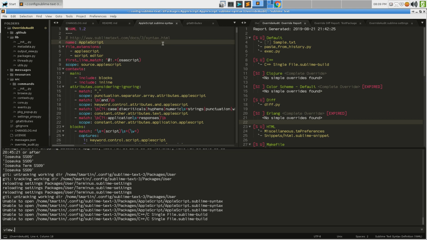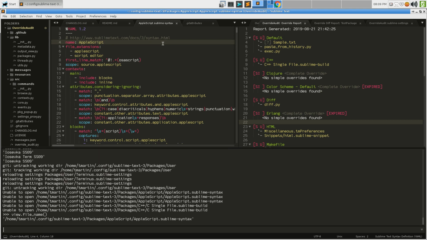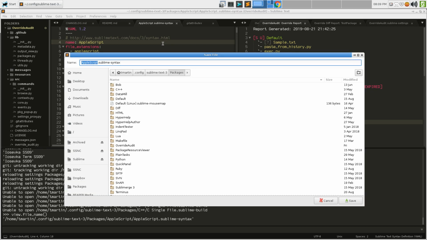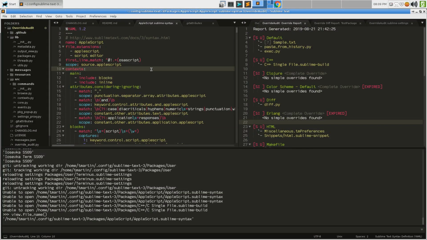Well, we know that if we said view.filename here, this has the file name that this file would have if it actually existed. So we could try to save as it. We'd have to know that it goes in a package named AppleScript, so we'd have to click the button to create that folder, save the buffer. But of course, this buffer, as we've seen, is still marked as read-only, so you have to close the buffer and reopen it just to be able to get your